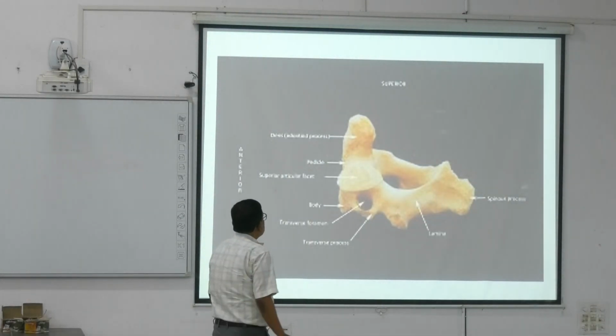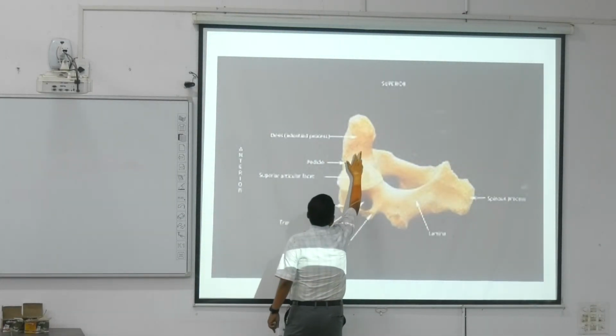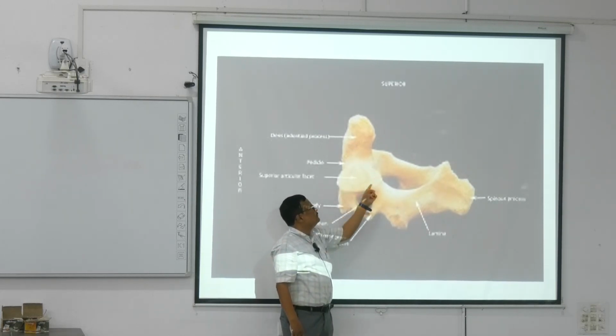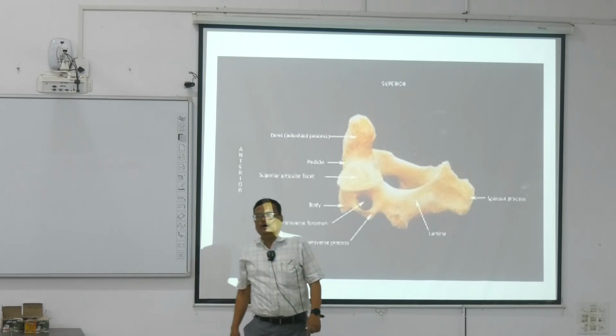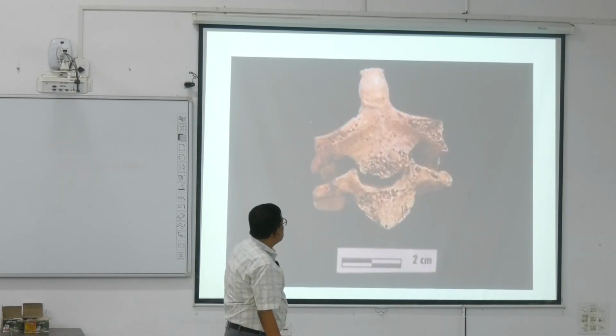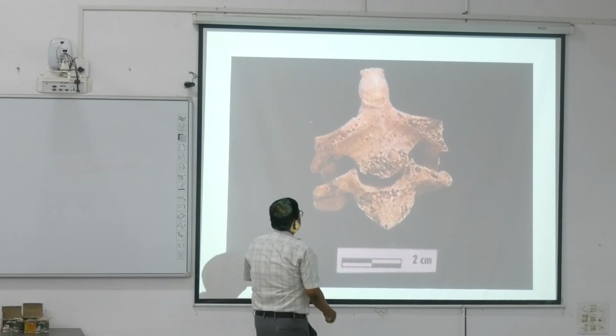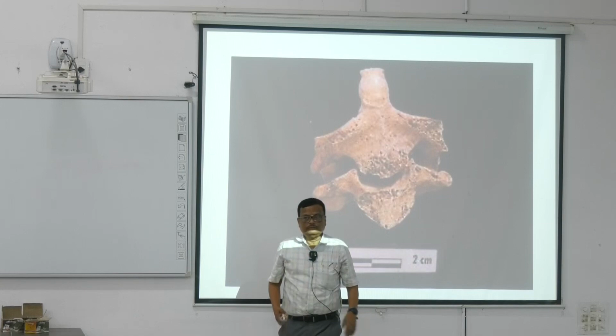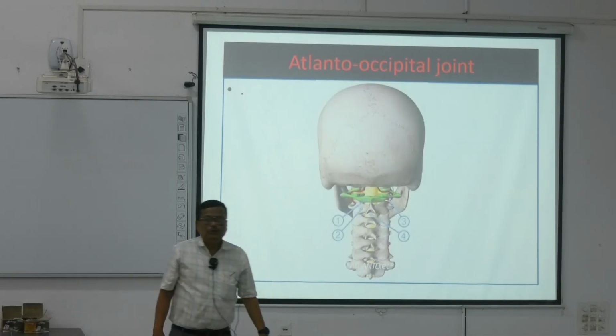So this is the dens or odontoid process, and this is the superior articular surface of the axis vertebra, or the second cervical vertebra. The axis vertebra also joins with the third cervical vertebra by this inferior articular process. So the first joint we read today,